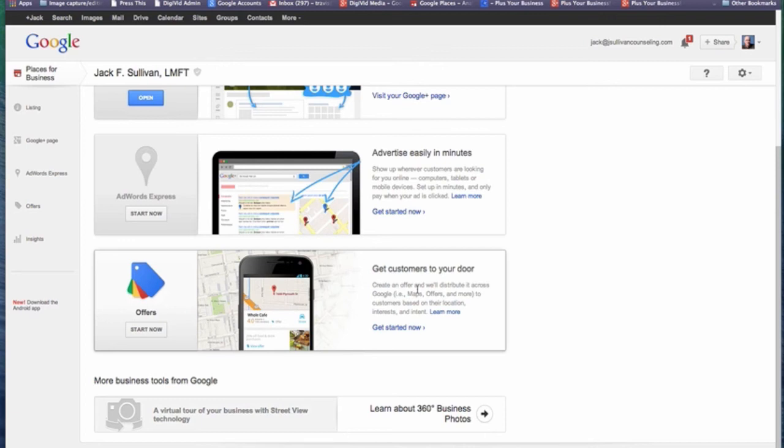And how it works is that your potential customers, anyone with Google Maps or anybody with an Android phone, can attach apps to their system that allow them to connect with their local businesses. And if they want to be notified when they're near something that has an offer, that app allows them to be given that information, and you can get a customer right there off the street. It's very convenient for your customers, and it's very convenient for you. So check it out. It's really worth looking into.